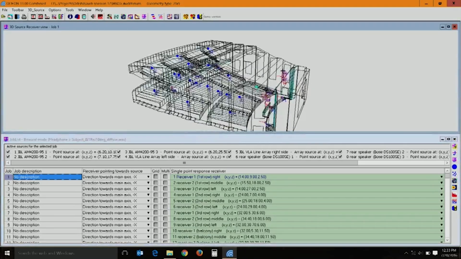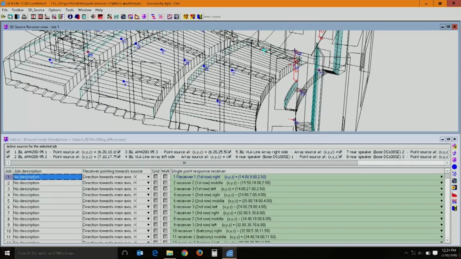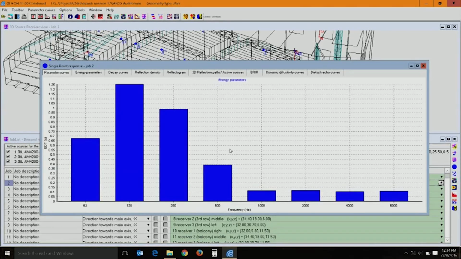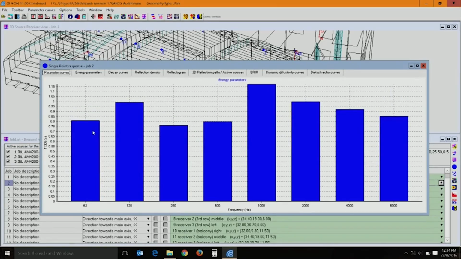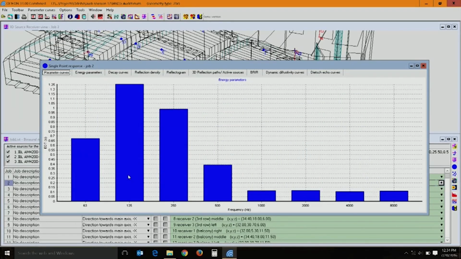Let us take one particular receiver; see 1, 2 and 3, let us take receiver number 2, this is here, all the sources are on. If you look at all the sources, everything is on. This is receiver number 2 which is highlighted. I have already run the simulations here; I am just showing you the specific estimates of numbers which I have got. T30, that is reverberation time for 30 dB decay, these are at specific frequencies. You also get this for T20, T15, early decay time,